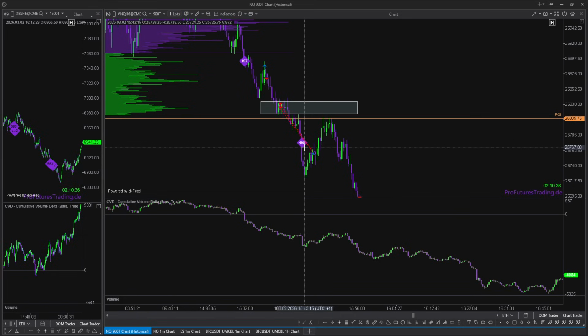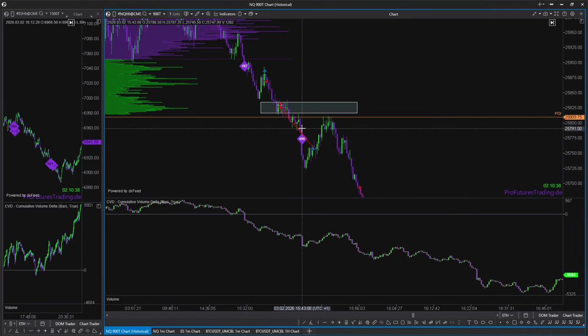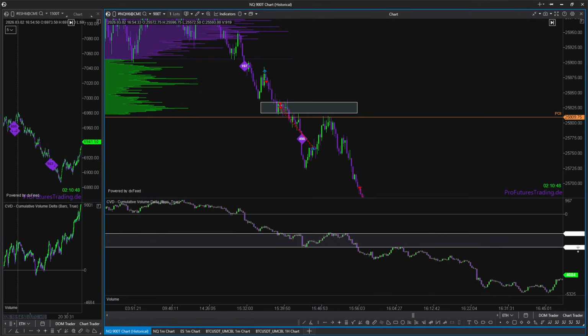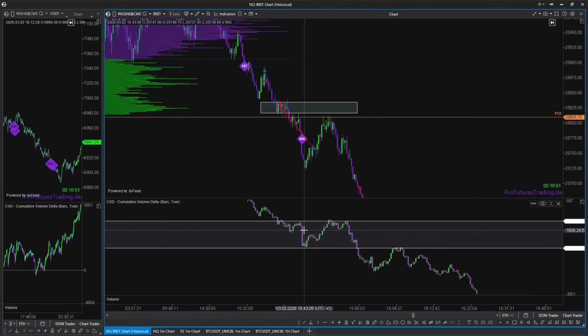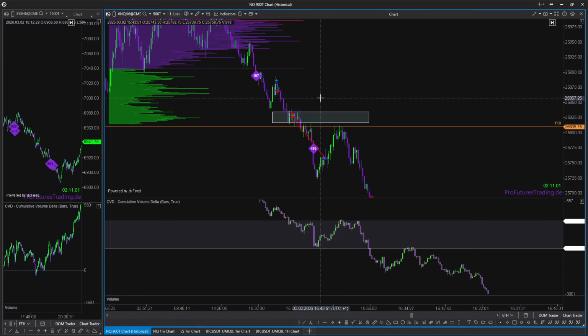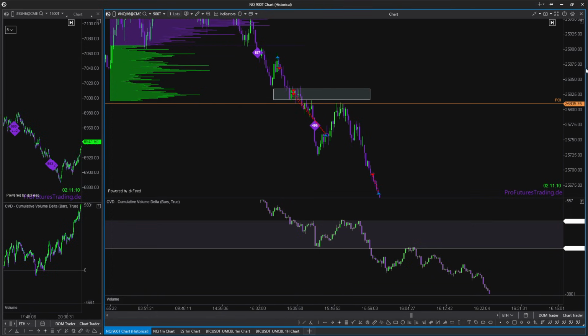what I don't want to happen is that the market is going to push down with these aggressive sellers, and the CVD, I just call it the CVD right now because it's shorter, is going to do this. We don't want to see a strong aggressive selling and then a slow grind up again. I know I could have held my position, but at this point I was like 600 in minus, and I want to collect my profit with